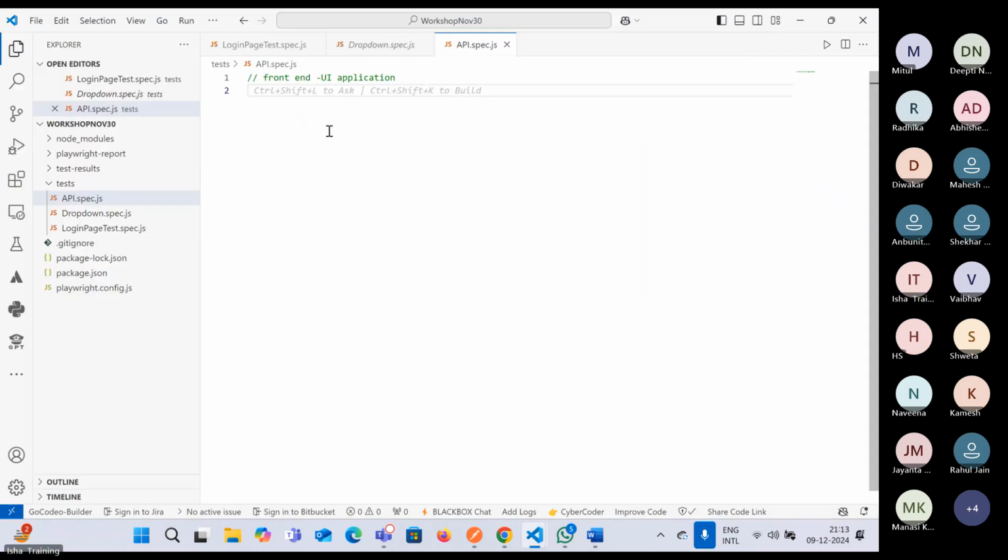Then the second thing will be a backend, and the third thing will be a database. Whenever any application is developed, we need these three things as a minimum requirement,